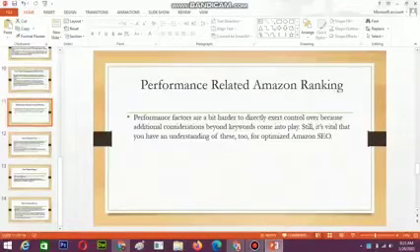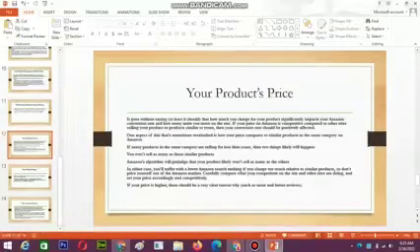Performance related Amazon ranking. In that we were also discussing how to rank our site by the ranking factors of our site. Now the performance factors. What are the performance factors that will create a good impression? This is also very important. So the first performance factor is your product's price. Your product price is very important because customers see the price and they buy